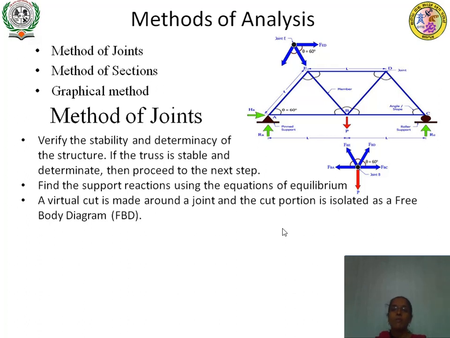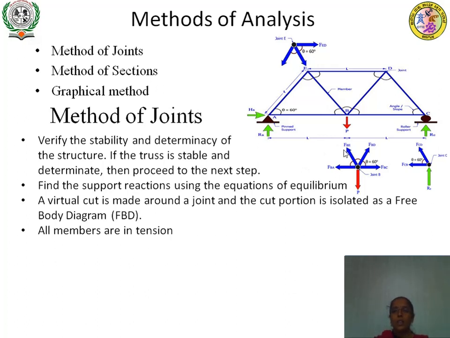Initially we will assume that all members are in tension. So all the members will experience tensile force. That is one more assumption. If you consider the free body diagram of this joint, it will be like this. Like this you have to go on drawing the free body diagram of individual joints and then apply the conditions of equilibrium to obtain these unknowns. As I have told, all members are in tension, so the free body diagram will be drawn assuming that all members are in tension. When we assume the members are in tension, we will draw the arrow mark outwards.